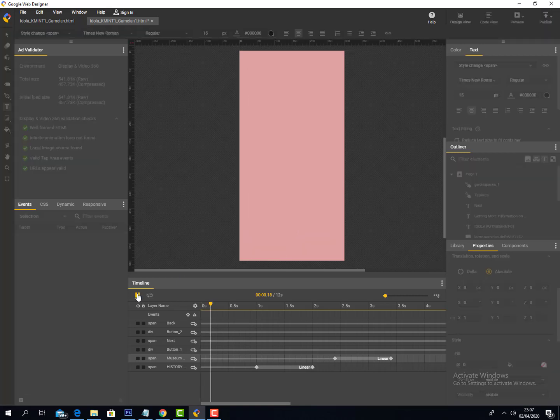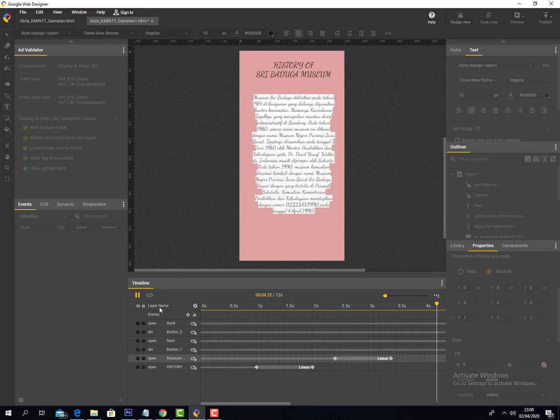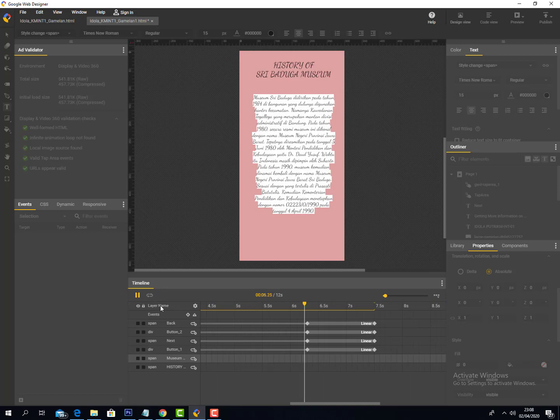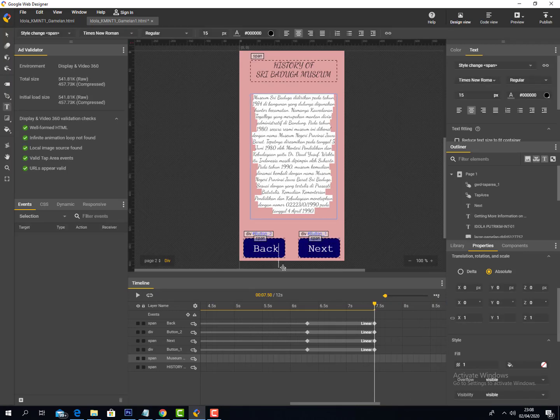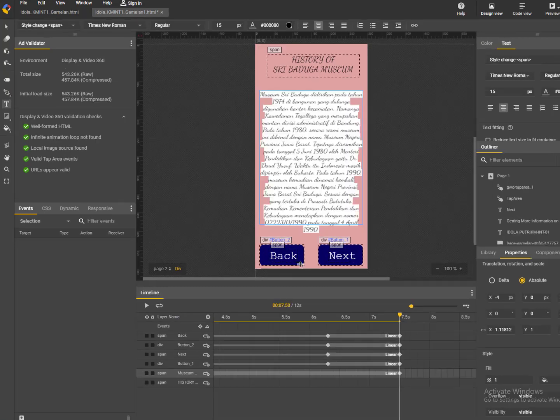Okay, let's see the animation. Here we go. You can read the text first and then the button appears. Don't forget to put the tap area.